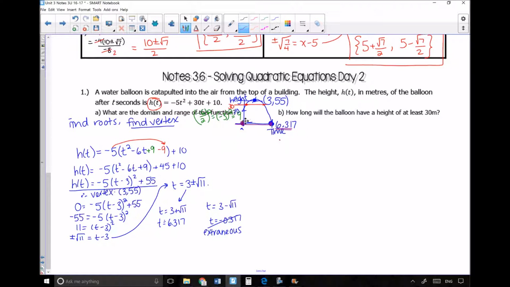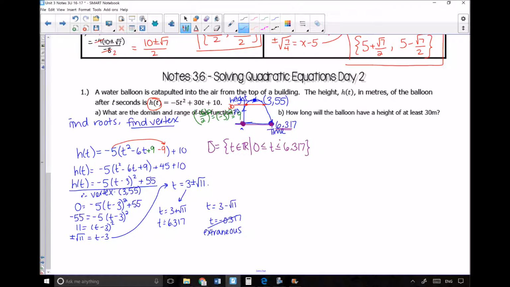So to find the domain, I can see that the smallest time that we have is 0 seconds, because we don't have negative time, and it goes all the way until it hits the floor, and it hits the ground at 6.317 seconds. So my domain is going to be t is an element of the reals such that t is between 0 seconds and